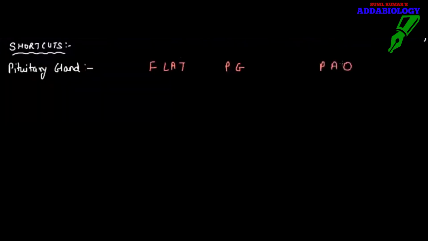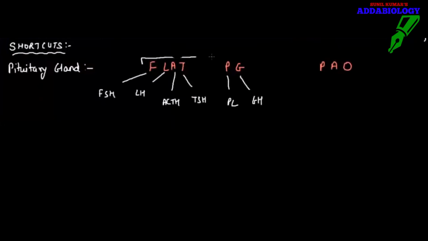So FLAT PG POW is the shortcut to remember the hormones of the pituitary gland, where F stands for FSH, follicle stimulating hormone, L for LH, luteinizing hormone, A for ACTH, adrenocorticotropic hormone, T for TSH, thyroid stimulating hormone. P stands for prolactin and G stands for growth hormone. So these are the hormones of the anterior pituitary gland. And the posterior pituitary gland will release hormones like ADH, antidiuretic hormone, and oxytocin. So FLAT PG POW will give you a very simple way to understand the different hormones released by the